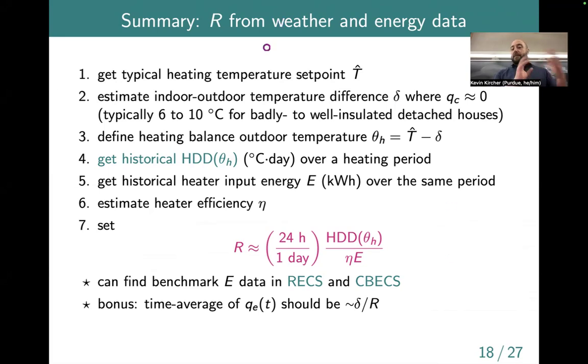Then, after specifying the forms of those equations, we talked about how to find the numbers for the parameters that show up in those models. One of them was the thermal capacitance, C, basically the energy storage capacity of different things: air, building materials, and so forth. And then we talked about a parameter called R, which is basically the overall thermal resistance between the indoor environment and the outdoor environment, typically. And we talked about one way so far to come at specifying the numerical value of this parameter